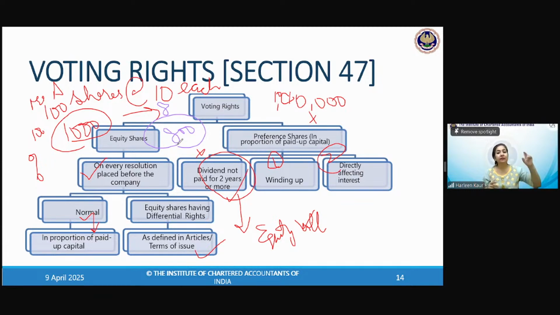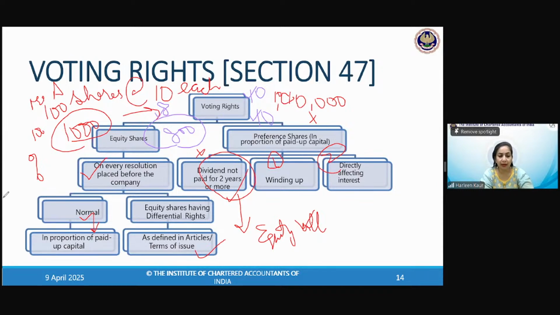Are you understanding? There is B shareholder who has fully paid up, C shareholder who has fully paid up. So B and C have paid up fully rupees 10 each, so their voting right will be full. And A has not fully paid up. He has paid only rupees 8. So his voting right will be restricted to 8 rupees. All right. Everyone is clear on this point.